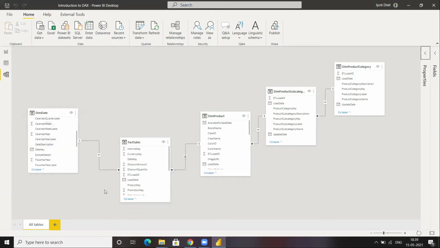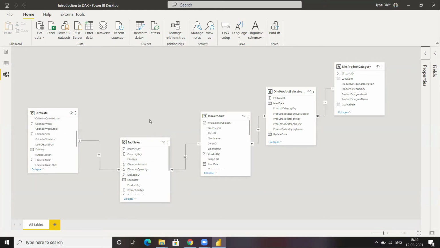Because in this particular case, only dim date is able to filter fact sales, but fact sales won't be able to filter dim date, right? Because the arrow flows from dim date to fact sales.